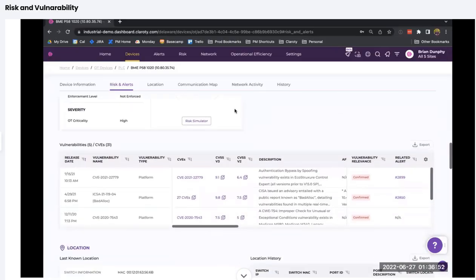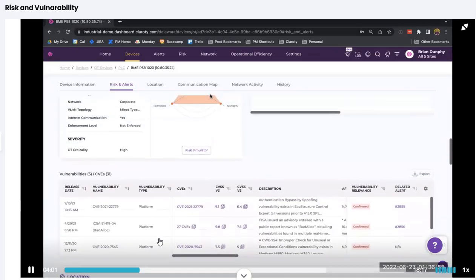Again, on this particular asset, you can see the vulnerabilities that are impacting this particular asset. Now, the reality is you're